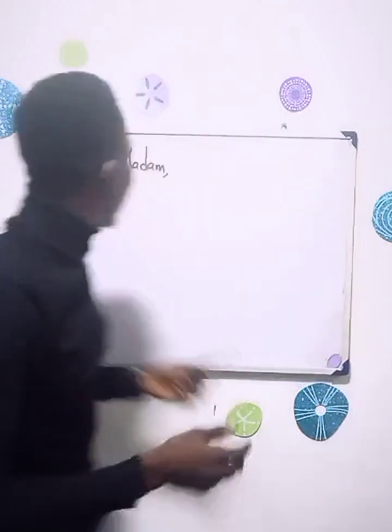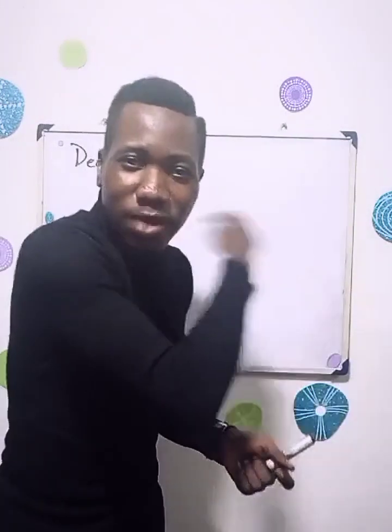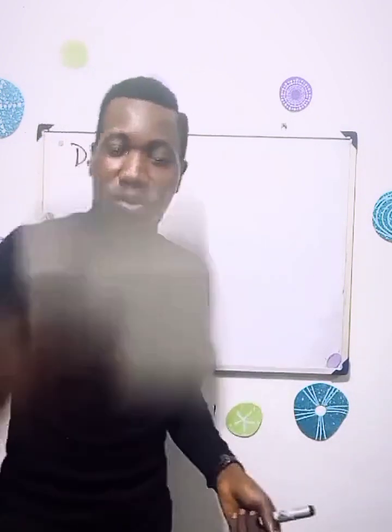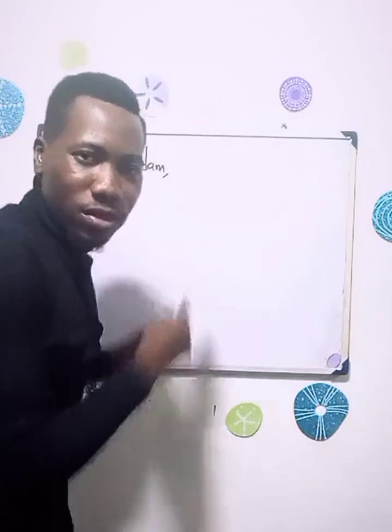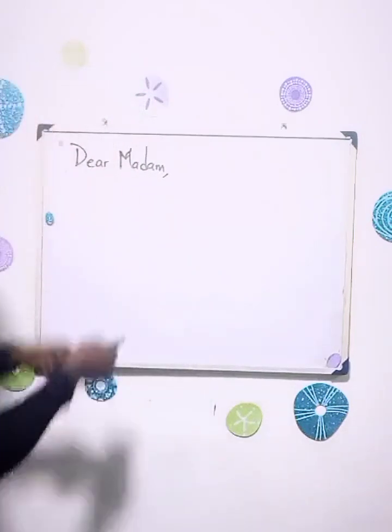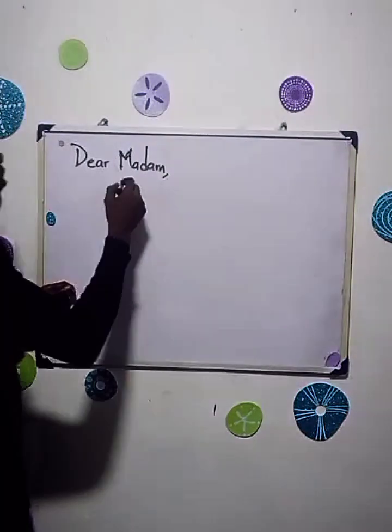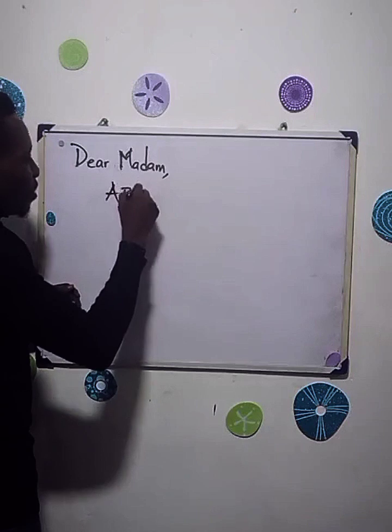So, why do we have the title? So that when the person you're writing to, the HR, picks your letter, he or she looks at the letter, sees the title to know what this letter is about, sees the letter of application, and will know what to do with the letter. The person doesn't have to go through all of this to know what the letter is about. With your title, the person can know what the letter is about. So you're going to have the title now. Application for the post of manager. Okay, good. Let's use that title. So application.